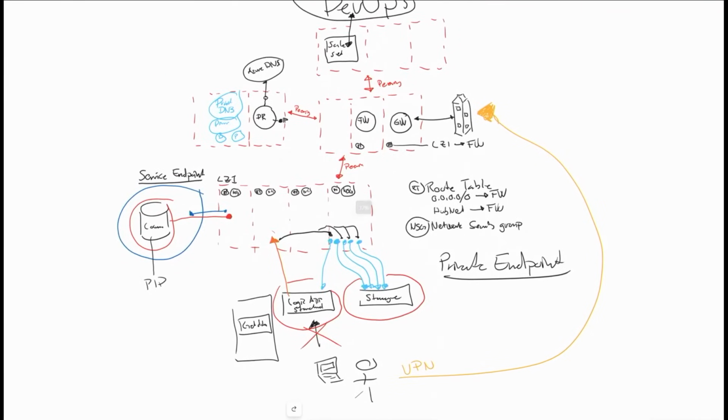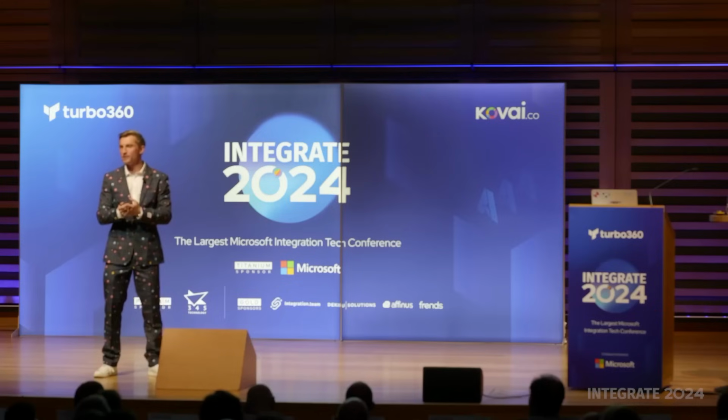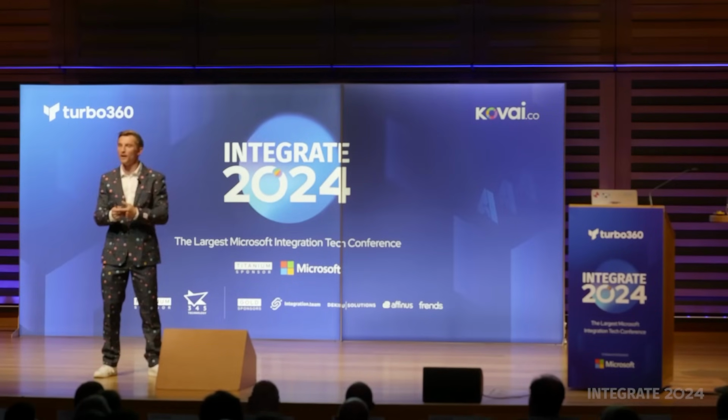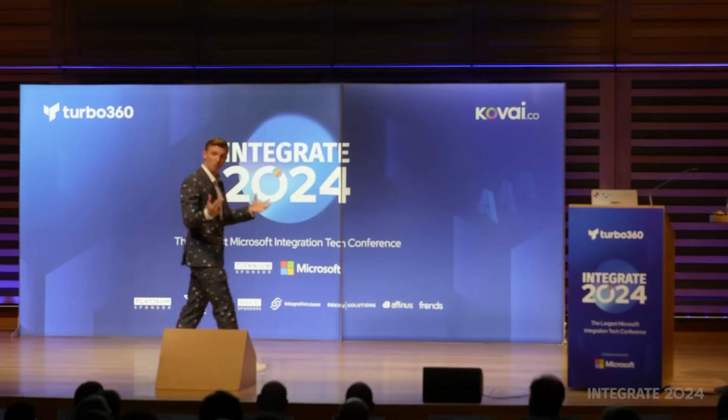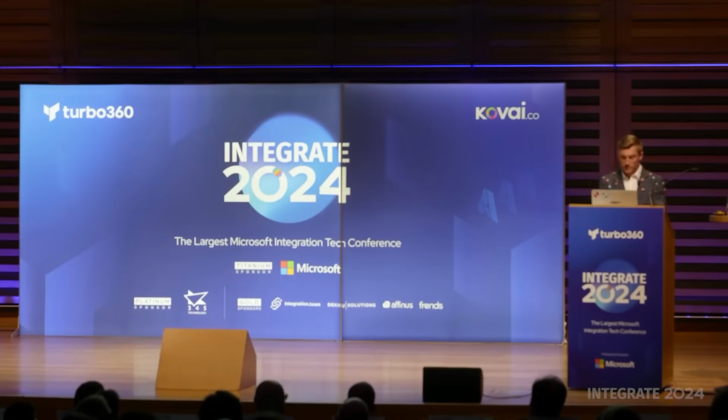Cool. So now we have created the most basic setup for this. I see that I have 5 more minutes on this. So let's do something fun. Let's say we want to secure this even more, or we want to do something else. So we usually want to add an API management instance on top of this, probably. We want to bring in traffic. And then if I want to do that, I would do